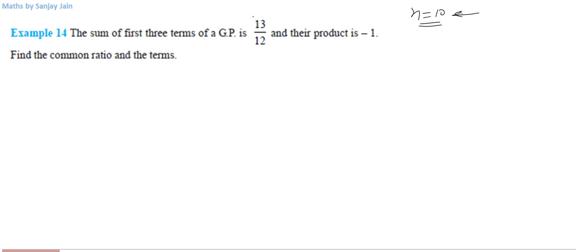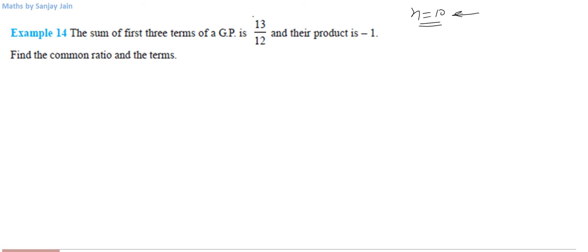So here it will become R squared plus 1 divided by R, and on the left hand side I'll have -25 by 12. Now you have to cross multiply. So this will give you -25R equals 12R square plus 12. Now the quadratic that I've got is 12R square plus 25R plus 12 equals 0. So as we can see, 12 into 12 is 144. So we can easily factorize it into 16 into 9. Right? So let me write it: 12R square plus 16R plus 9R plus 12 is equal to 0.